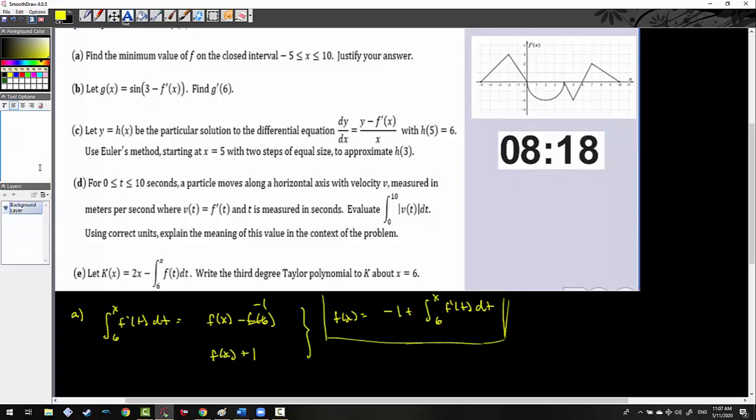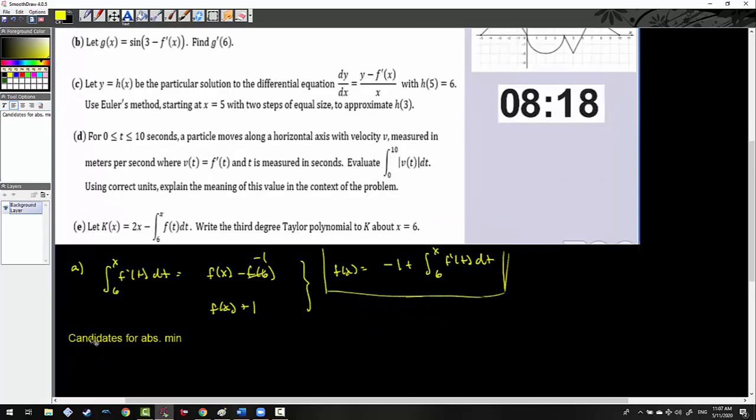Candidates for the absolute min and max are going to be, in this case, just absolute min, because that's what they want. Our candidates for the absolute min will be x equals -5, 6, and 10. We can exclude the other ones like x equals 0, 4,